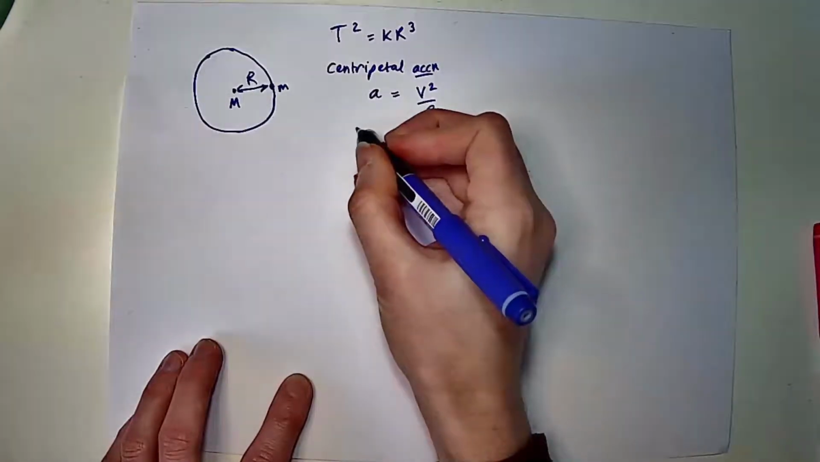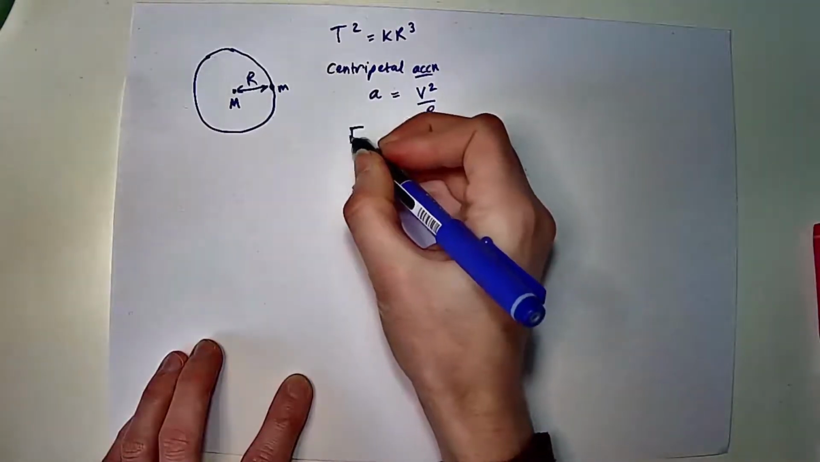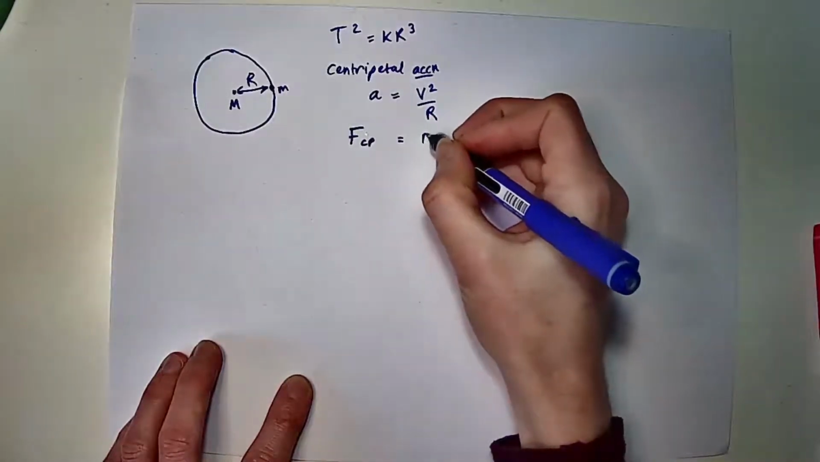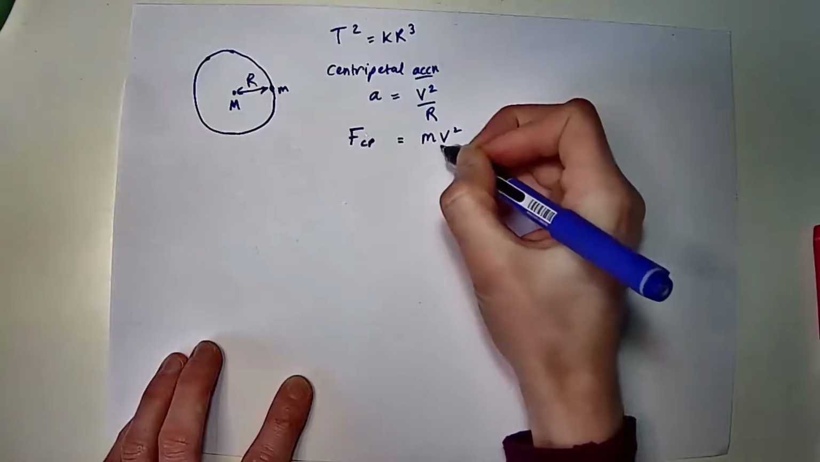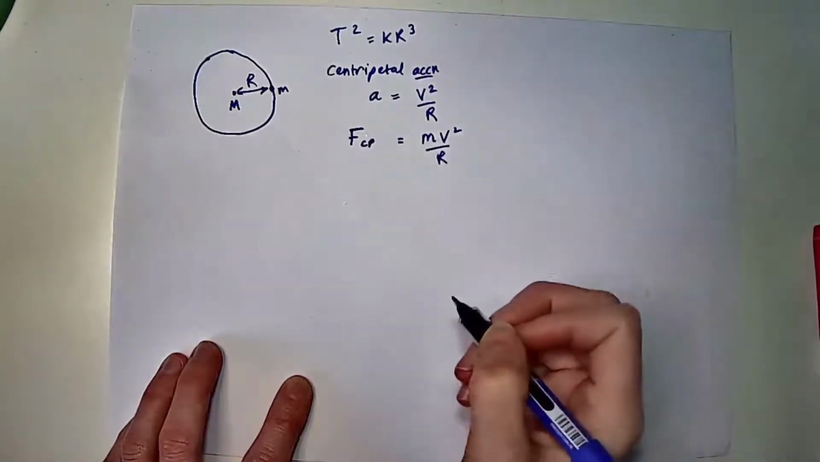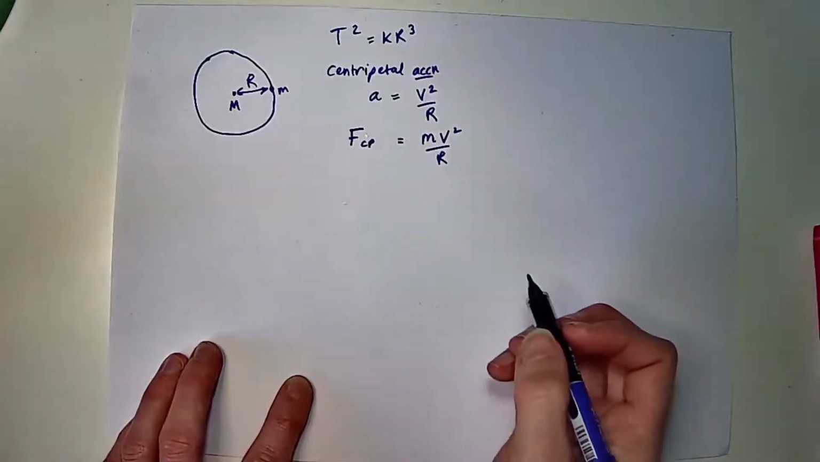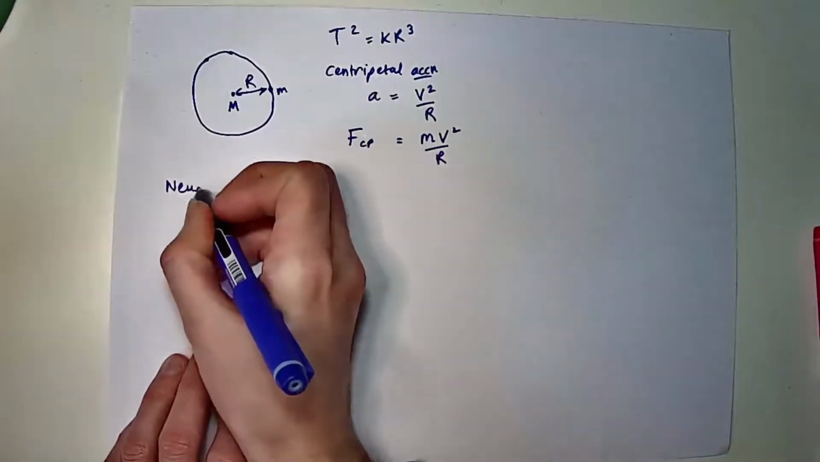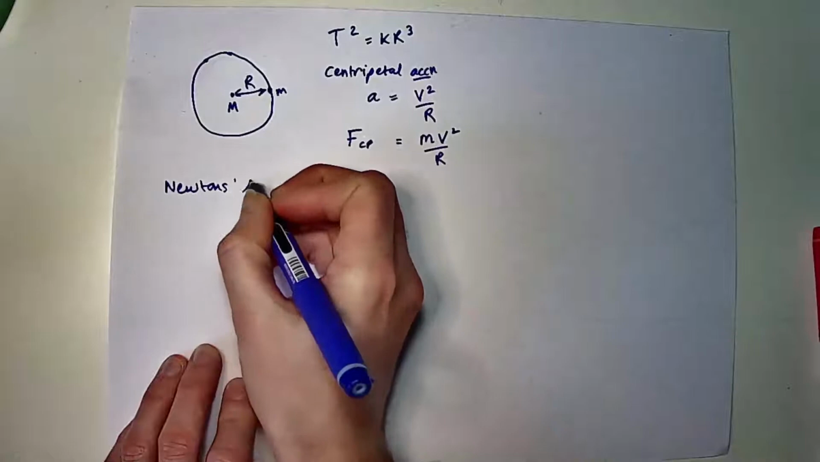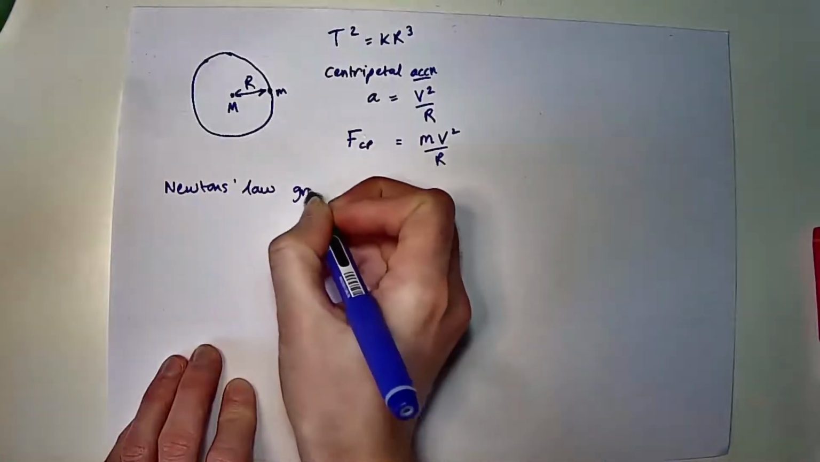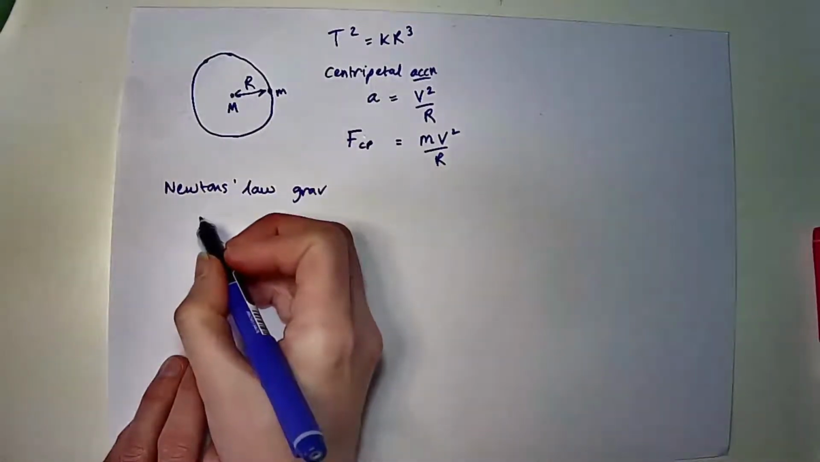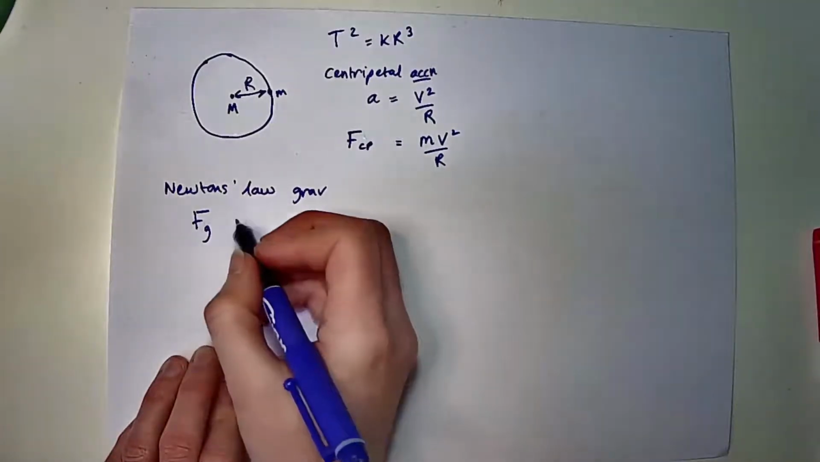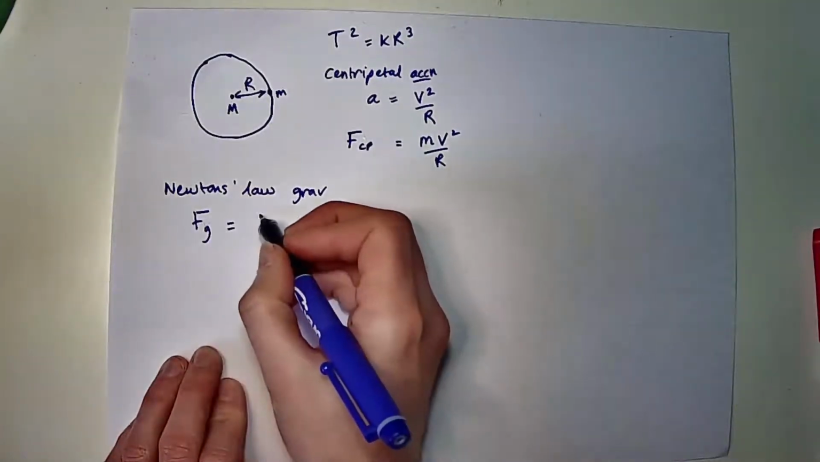And then we can generalize the centripetal force is equal to, and that's the mass of the planet. And we're also using Newton's law of gravitation. And that's the force of gravity is equal to